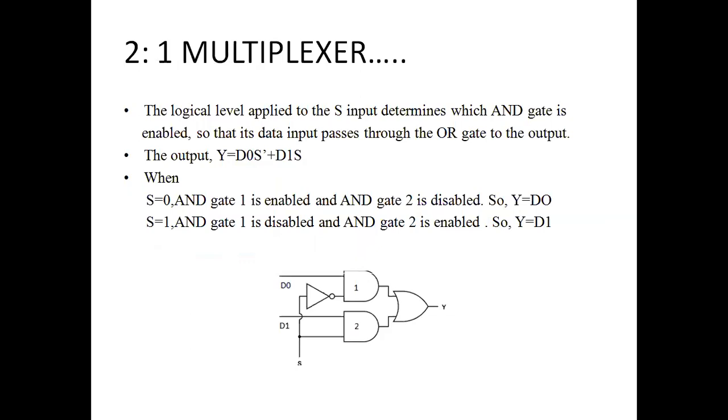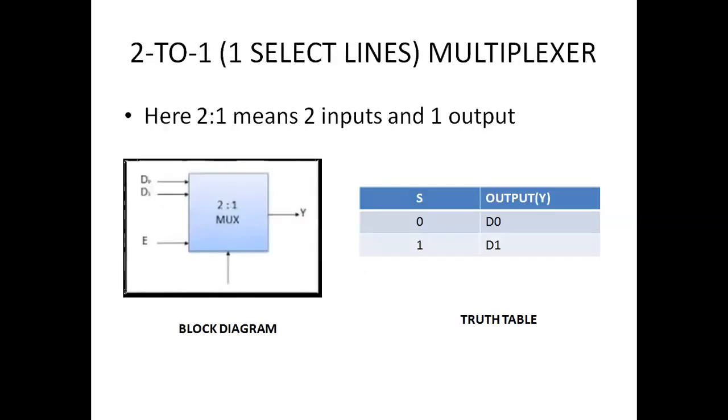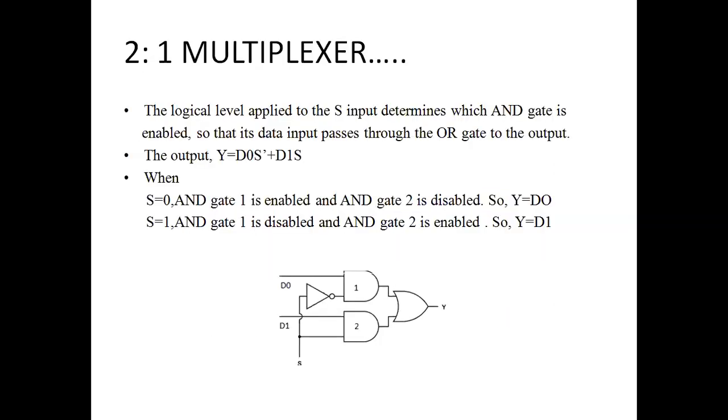Now we have studied the truth table. Now we will study the equation, because with the help of the equation you can draw the truth table, or with the help of the truth table you can draw the equation, right? So on the left hand side we have written the output, on the right hand side we have written the combinations of inputs. So Y equals D0 S bar plus D1 S. This means that when your S, that is your input, is 0, just look at this, your output is D0.